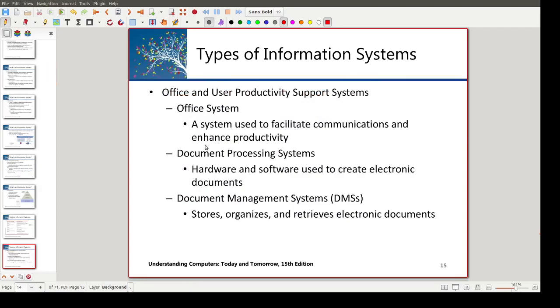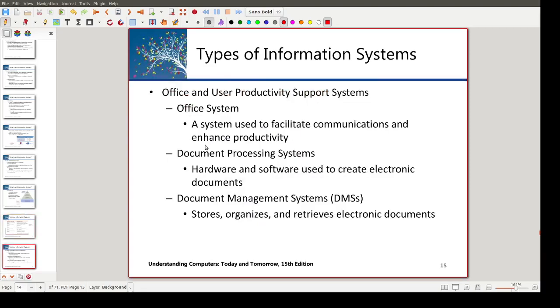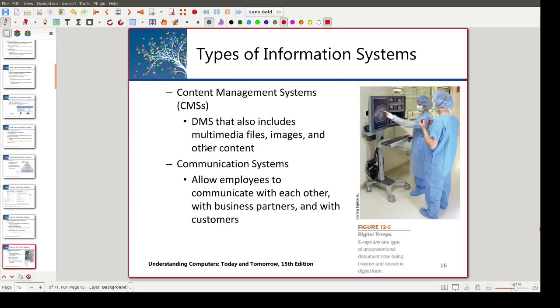For the first type of information systems, the office and user productivity systems: the office system is a system used to facilitate communications and enhance productivity. The document processing system is hardware and software used to create electronic documents. Both of them are information systems for office and user productivity. Also the document management systems might store, organize and retrieve electronic documents, and we can see them